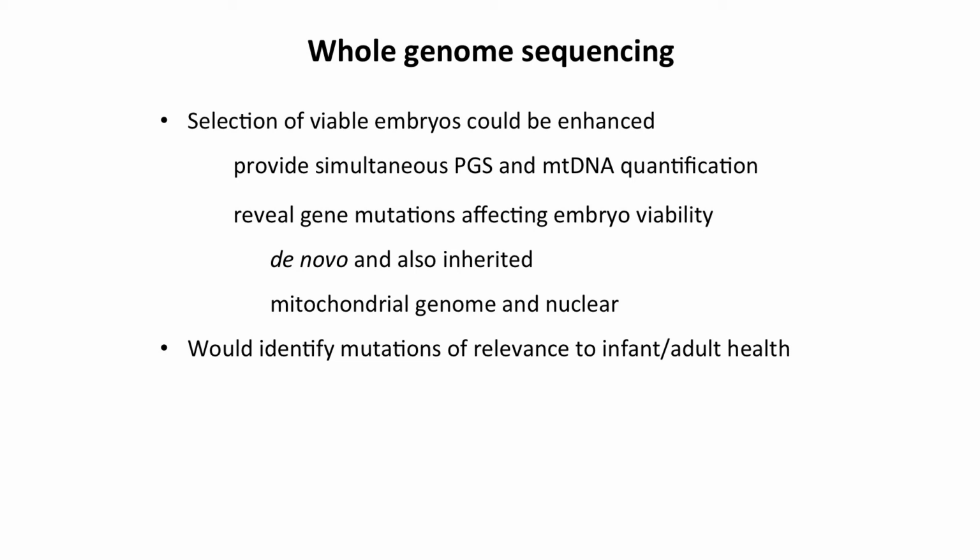Even if you transfer chromosomally normal, morphologically perfect blastocysts, still about a third of them do not make a baby. Why not? Some of it may be endometrial, of course, but I think most people think that may only account for 5 or 10% of failures. So what's the rest of it? Presumably embryonic. Are there dominant mutations that occur de novo, which cause problems in embryos? Are there inherited recessive mutations that are preventing some of them from implanting? Of course, if we had the whole genome, we could look at both the mitochondrial DNA and the nuclear DNA